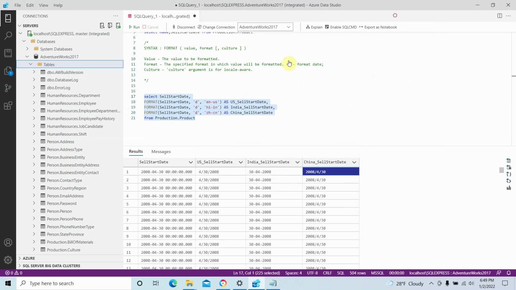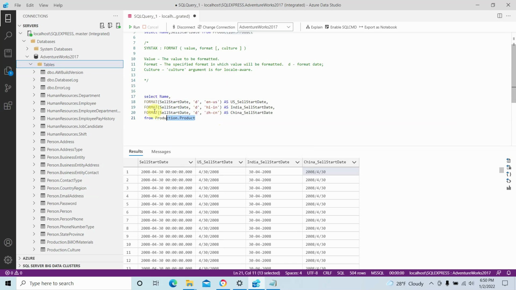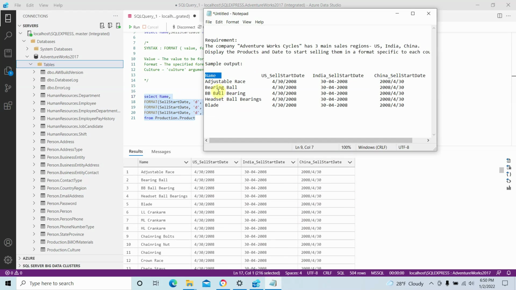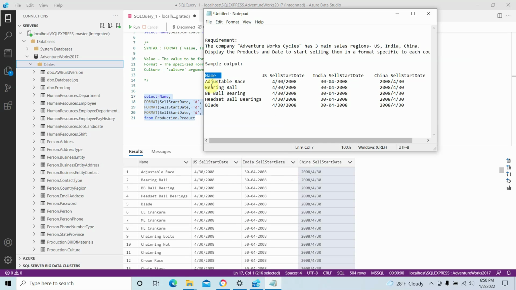So let's add this one here. See, we got the same output as per the requirement. So here we got the name and the sell start dates specific to these sales regions for US, India and China as per the requirement.